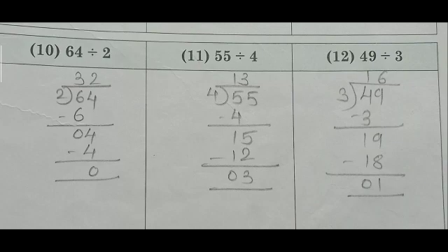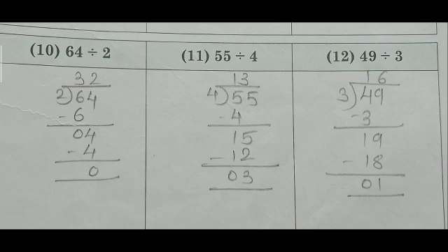Is that clear? These are very simple divisions. You just need to keep in mind that while solving these divisions, first you have to pay attention to the dividend and divisor. If the first number of the dividend is greater than the divisor, then you will do the division by using the single digit number. But if the first number of the dividend is less than the divisor, then what you have to do? You have to take both digits of the dividend together, and then you have to find out its number.